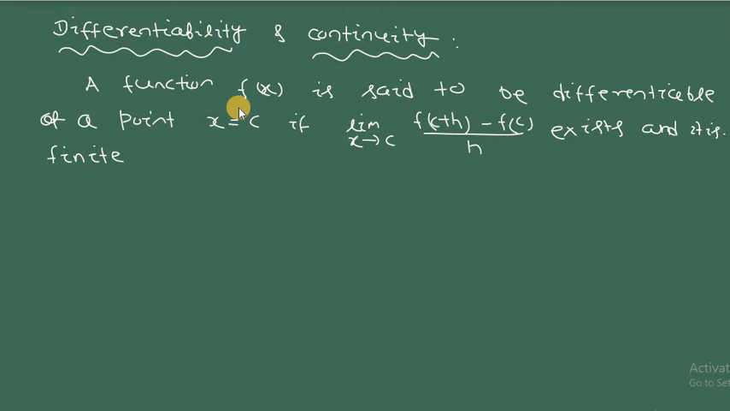That means if this limit exists, we say the function f(x) is differentiable at x equal to c, where c is a point which is present in the domain of the function f(x). If this limit exists, we say the function is differentiable. This limit exists also means LSD exists or RSD exists, or in other words we can say